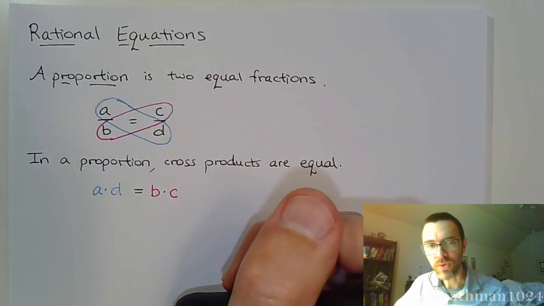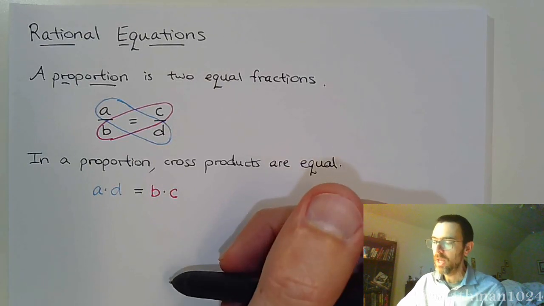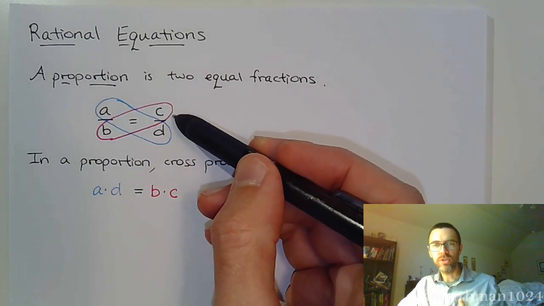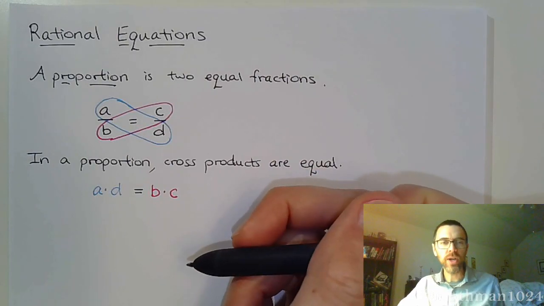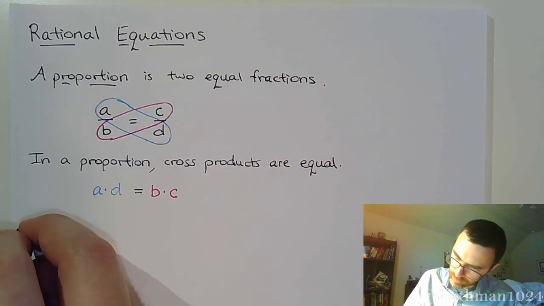So in a proportion, we say that the cross products are equal. And once we do that, we go from having two equal fractions to just having a regular equation. For example,